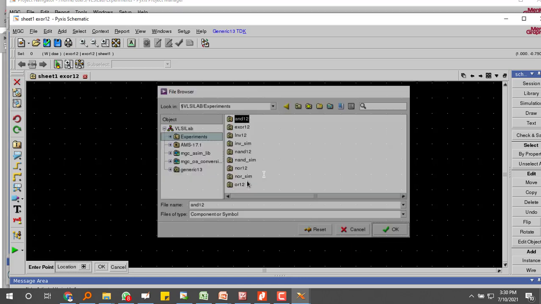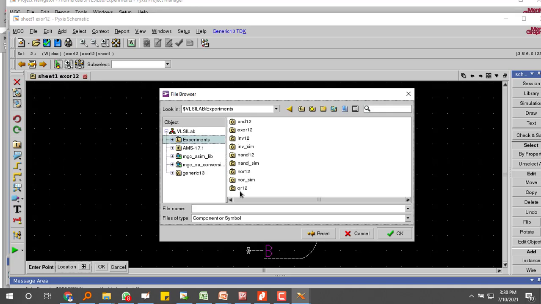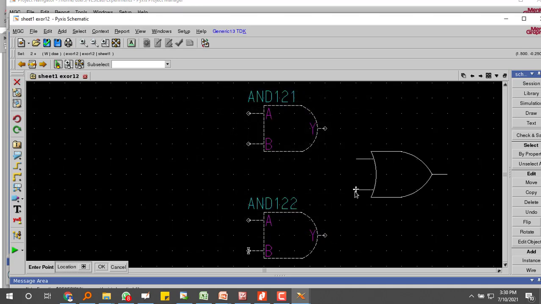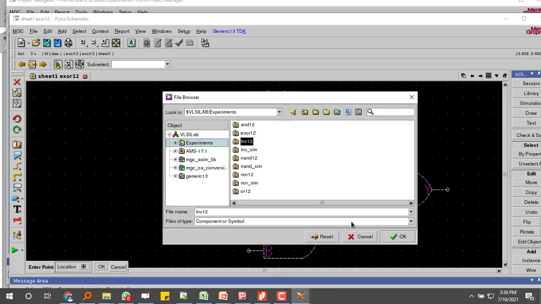So give a good amount of spacing so that the design does not become clumsy. So once this one is completed, now you require two inverters.